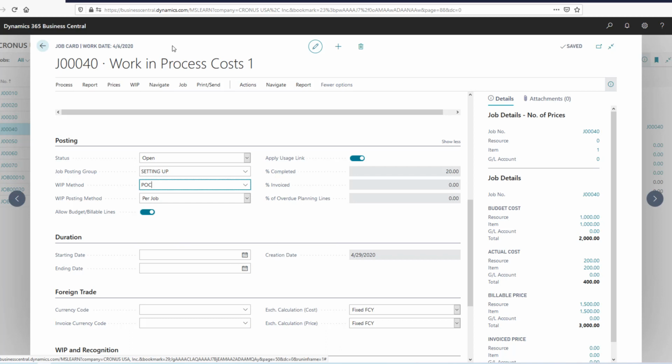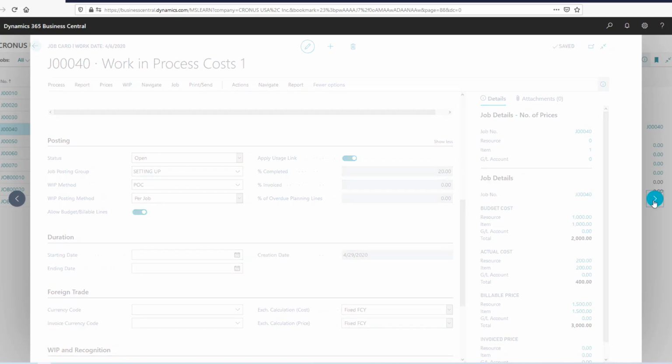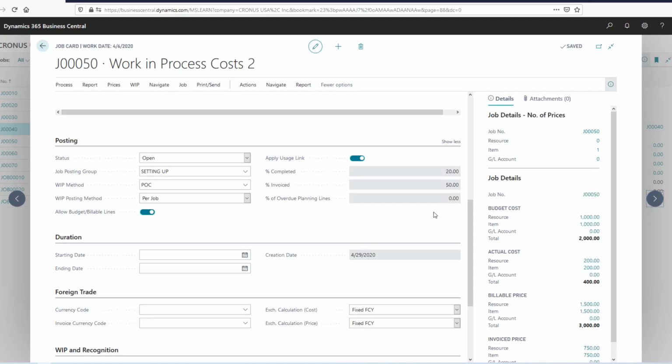The same goes for number 2, but the difference between number 1 and number 2, just like my examples on the presentation, is that there's a percentage completed of 20 for number 1, and we didn't invoice the customer yet for number 1. But if we look at number 2, you will see exactly the same except for the invoice percentage. So here we already sent an invoice of 50%,